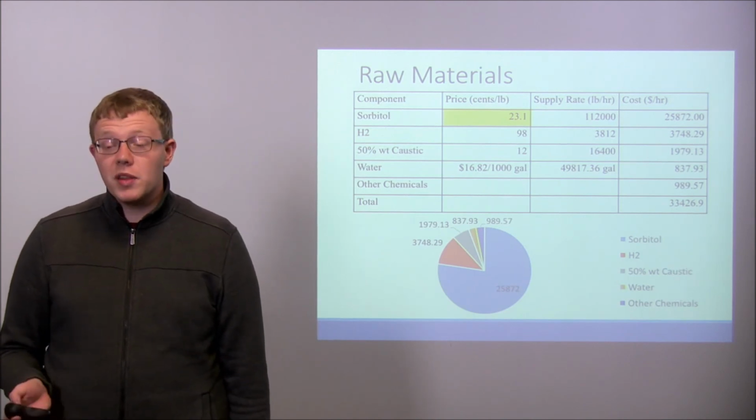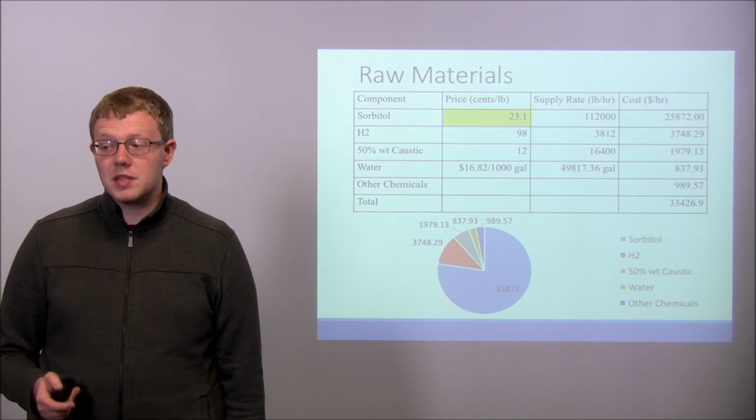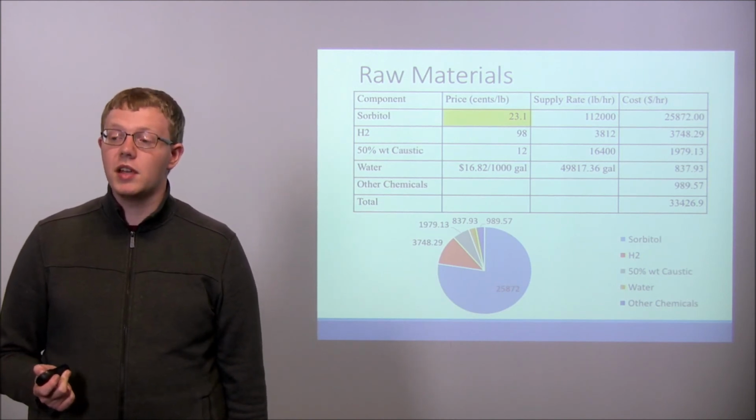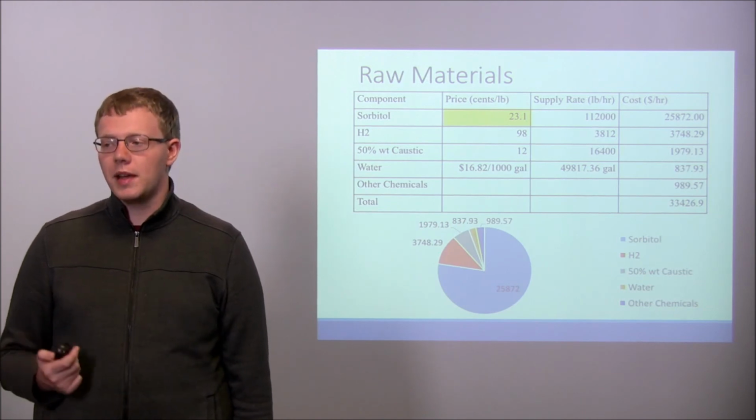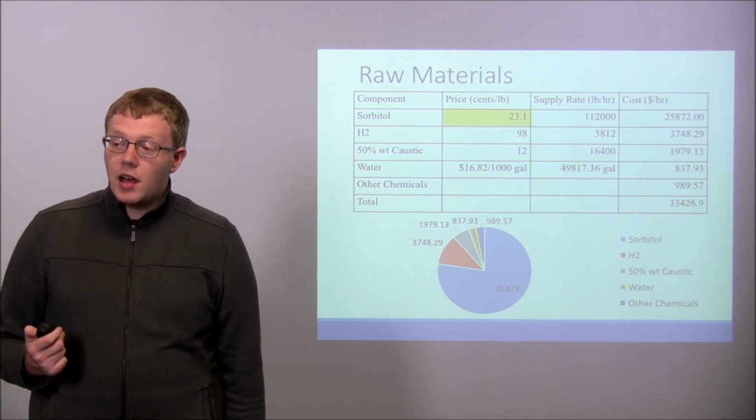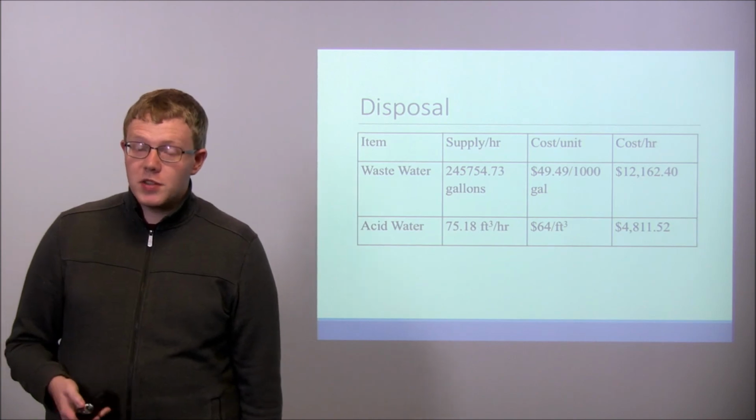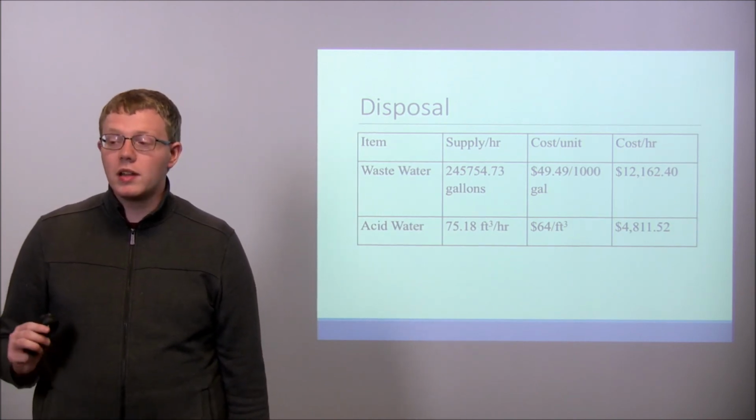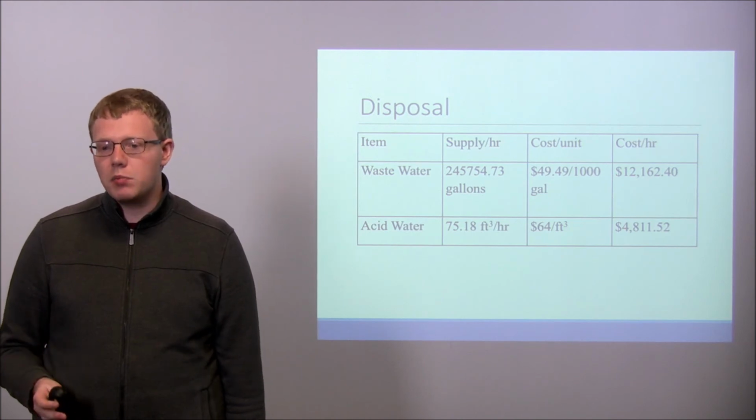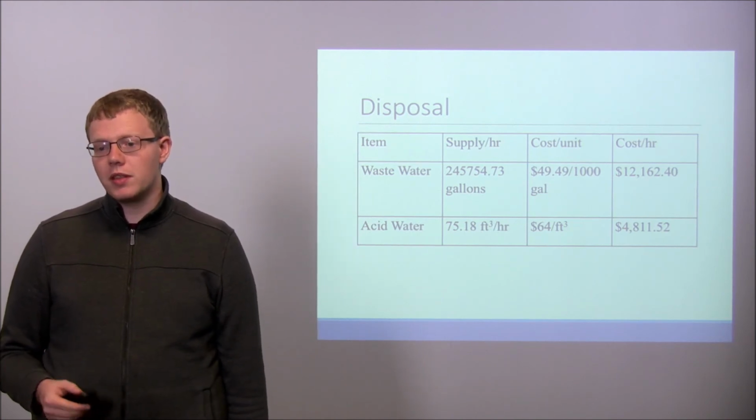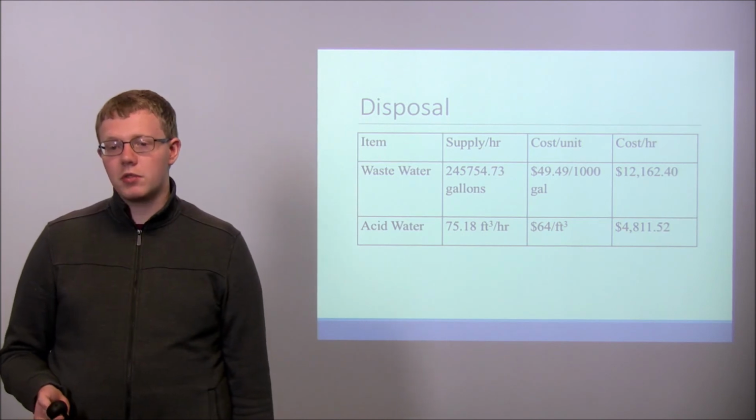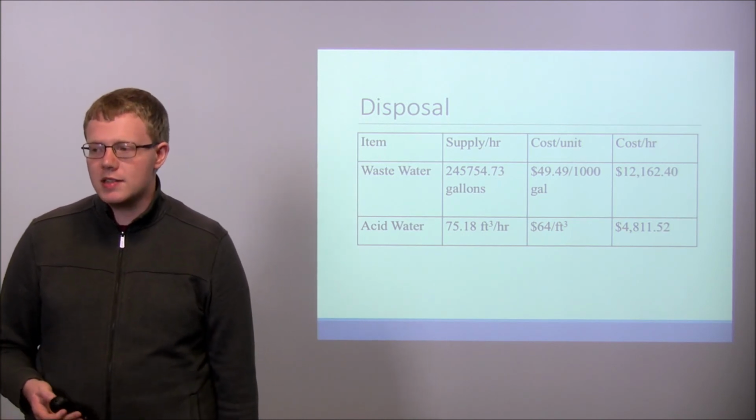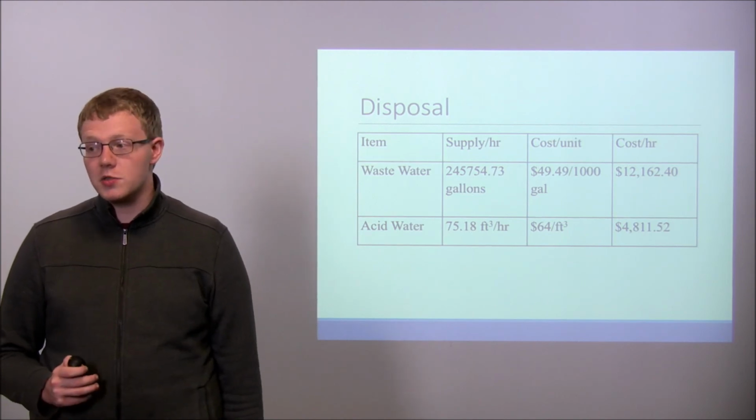And even with the price drop, sorbitol still encompasses a large majority, with just over 75% of the raw material cost for the plant. Beyond raw materials, we also have operating costs for the disposal of materials. The wastewater, we generate quite a lot of water, and even though it is 99.5% pure water with contaminants, that still does require a cost being sent to the sewer, and so it's costing $12,000 per hour